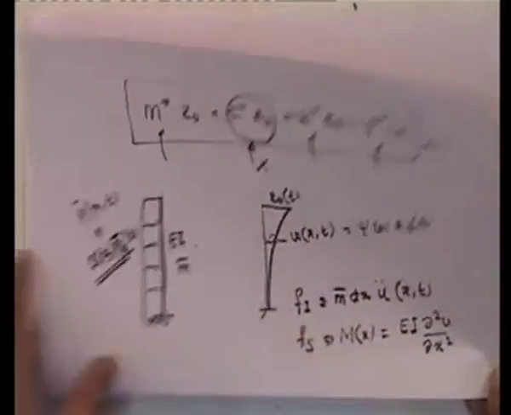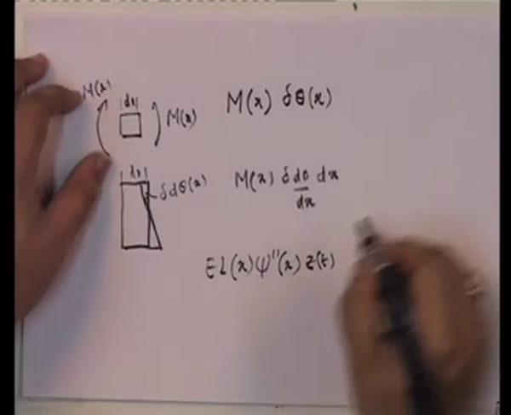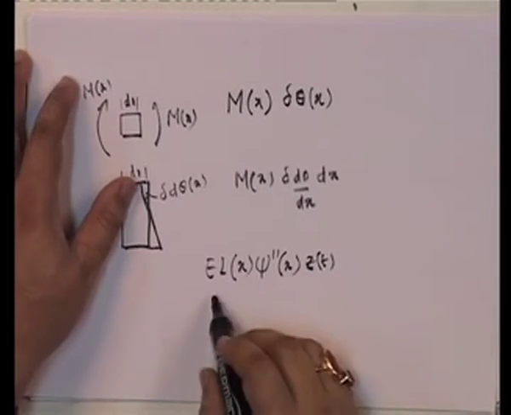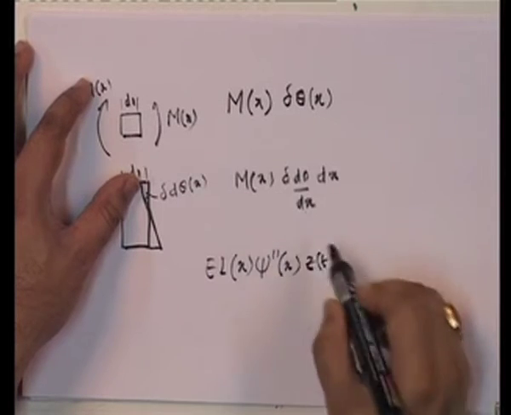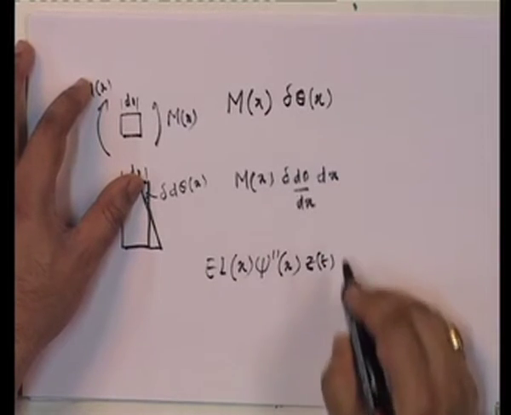Phi is given by xi prime. Okay. So, this into zt is my mx, and this one, if you look at it, is going to be